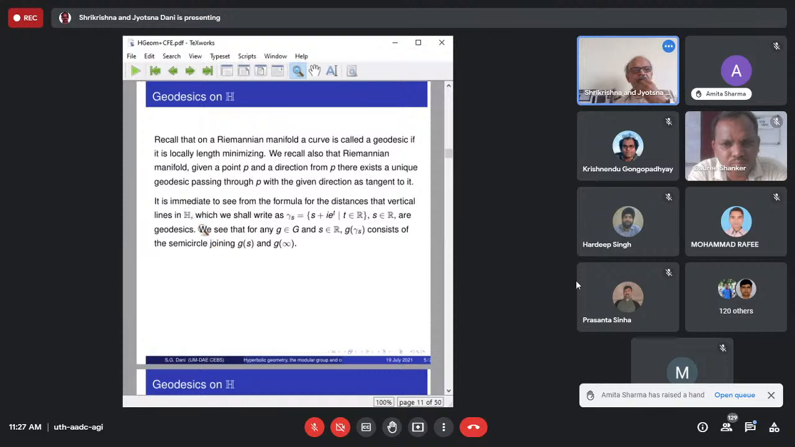Okay, so now let's think of what the geodesics are here in H. It's immediate to see from the formula that the vertical lines, which we shall write as gamma_s(t) = s + i e^t, where s is in R, are geodesics. Why is that? Because